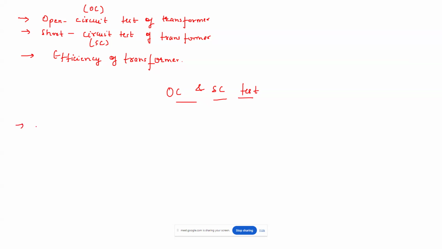The aim or objective of conducting OC test and SC test on a transformer